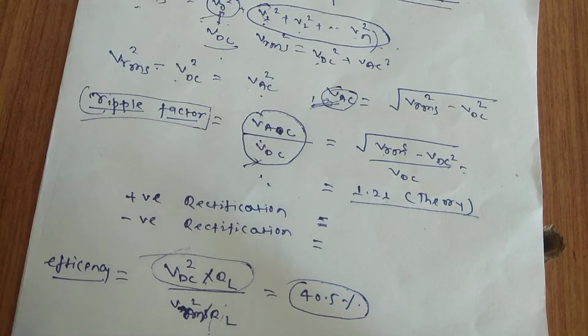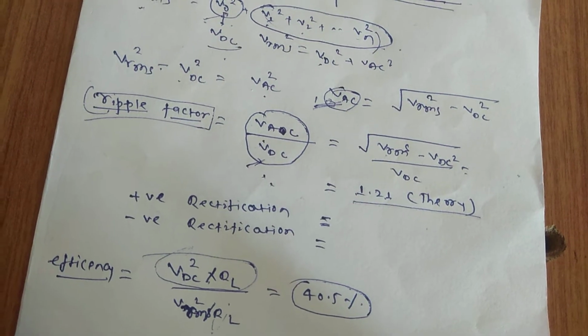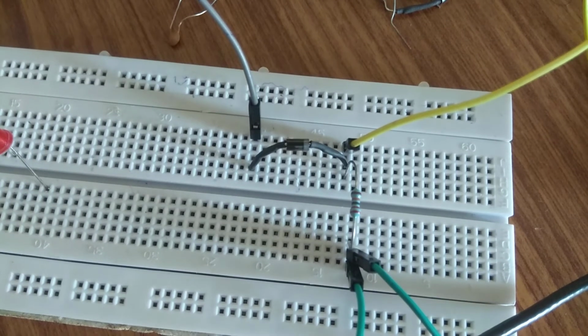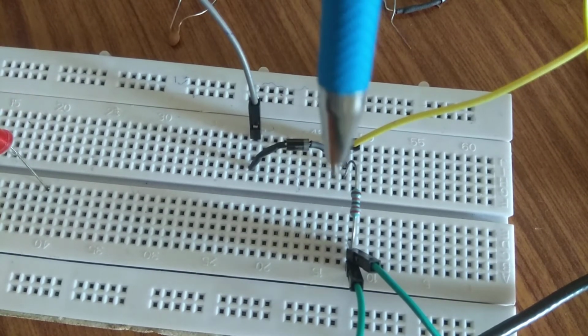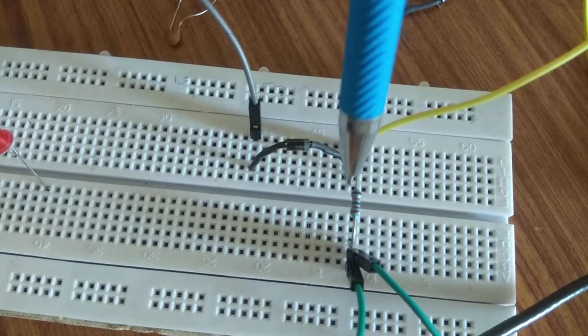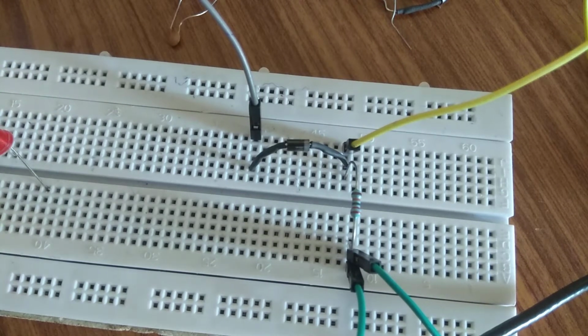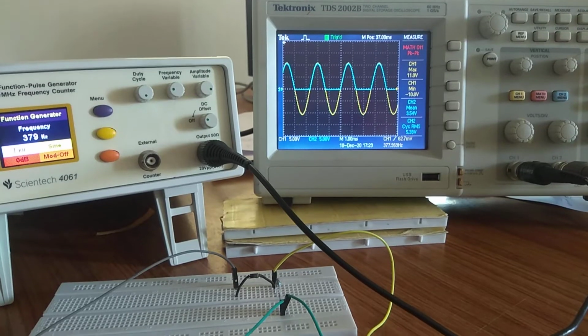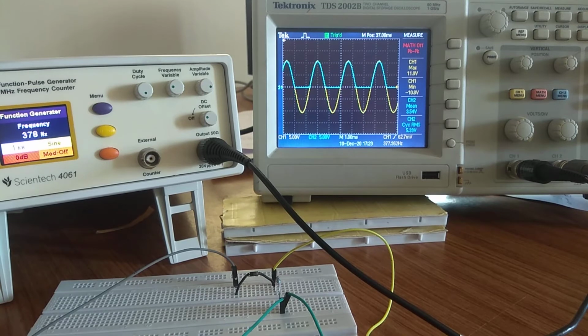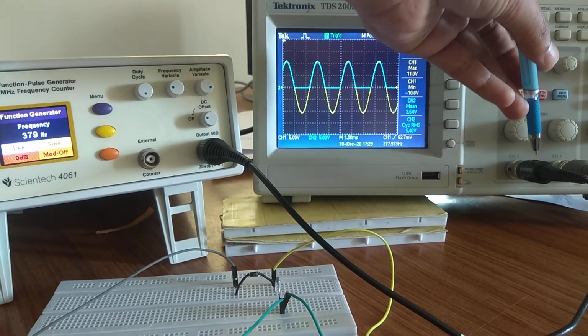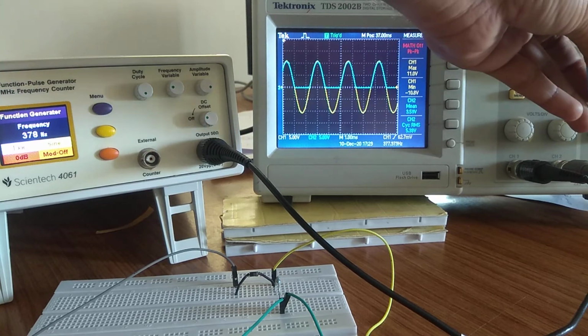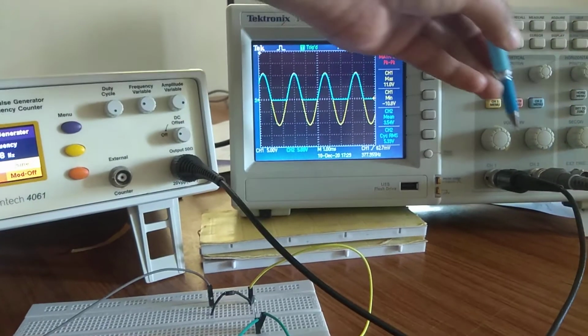Now we are going to go to the circuit. This is your diode that has been applied, this is the input that we have applied, and this is the resistance across which we are taking the output, and from the yellow wire we are taking the output. Let me zoom out and show the whole experimental setup. From here I am applying the input, this is your channel 1 where the input is considered, and this is your channel 2 where we are taking the output.